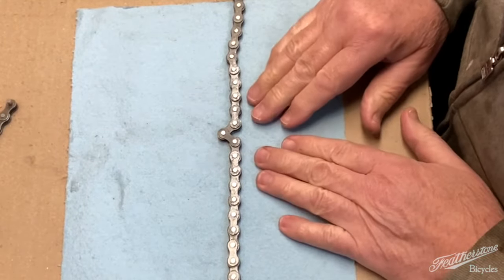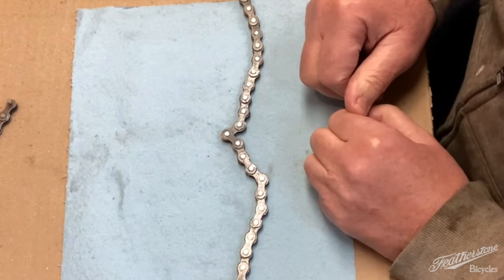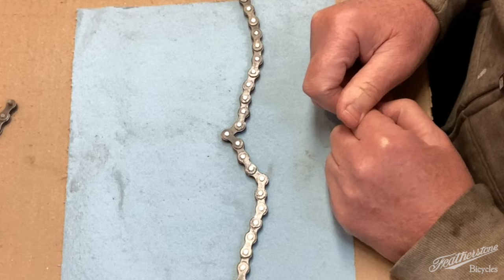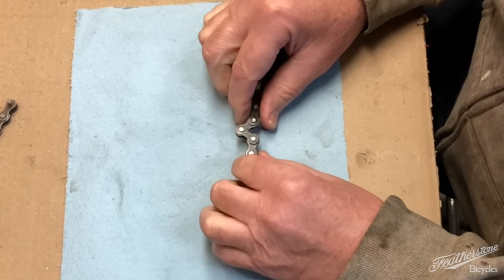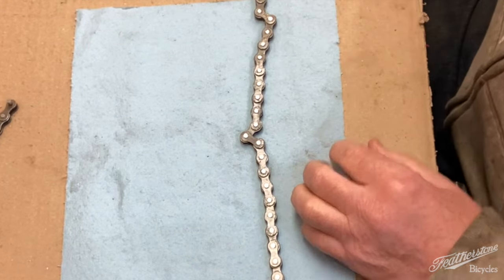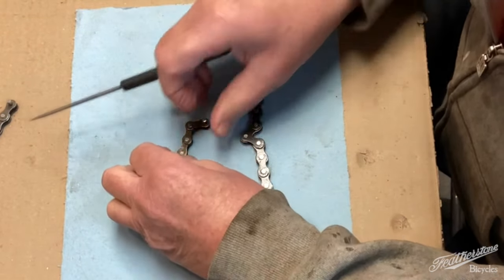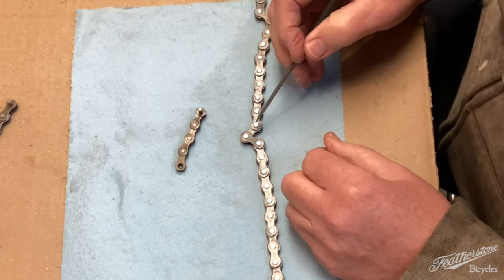So what I wanted to show you about the chain is that we had this stuck pivot point pin in solvent for days, and no luck. It is just even more stuck than it was before. So the way we're going to solve this problem is, I have a piece of chain here, and it's the same size links and everything. So what we're going to do is we're going to